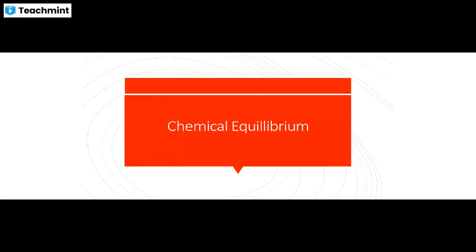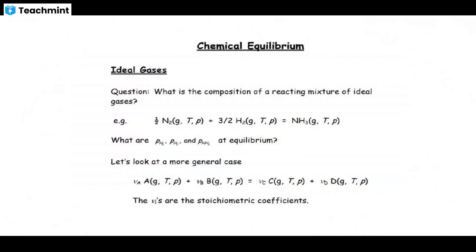So today we talk about chemical equilibrium. What is the composition of a reaction mixture of ideal gas? What are the partial pressures at equilibrium? If you take a reaction like this, what is the partial pressure of nitrogen, hydrogen, and ammonia at equilibrium? So for defining this, we need a quantity